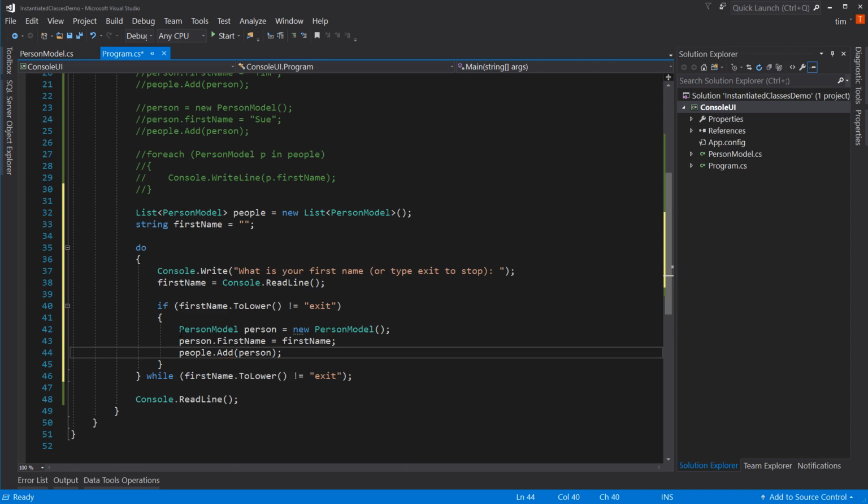Okay. Now remember, whenever you create a variable, it lives in the context of the curly braces it was created in. In this case, inside these curly braces. As soon as you come down here to this bottom curly brace, that person variable gets blown away, gets erased. However, that is just holding the address to the new house we built. So, since I already used that address and add it to my